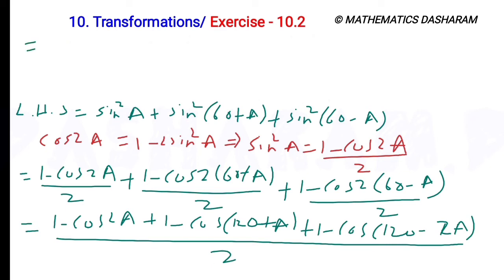So it equals [1 − cos 2A + 1 − cos(120 + 2A) + 1 − cos(120 − 2A)] divided by 2. So it equals 3 − cos 2A